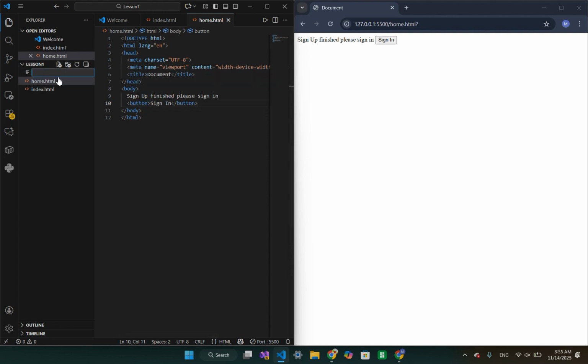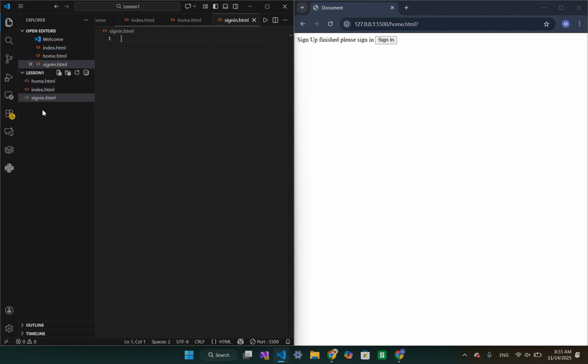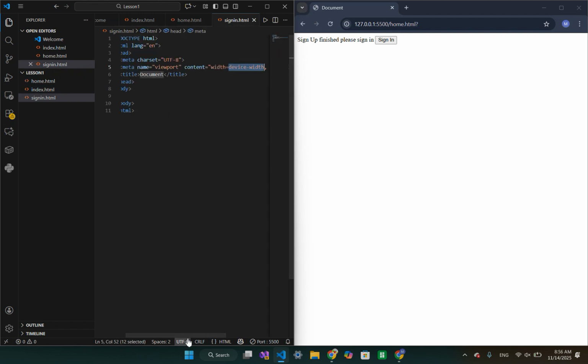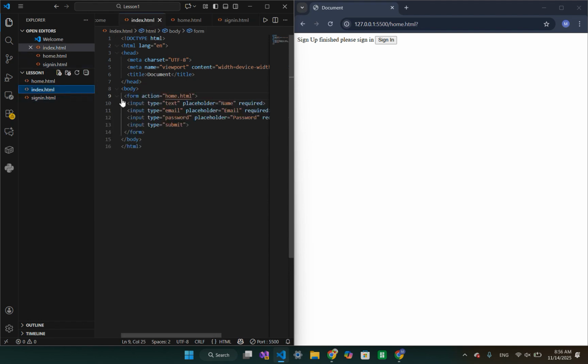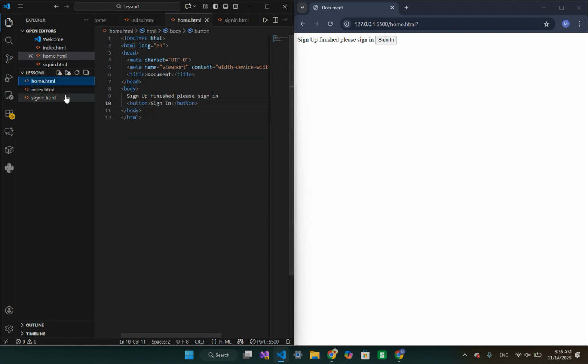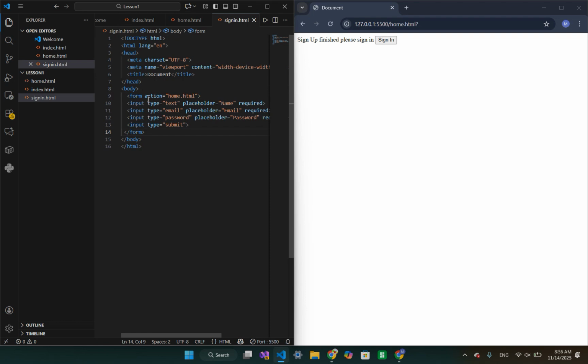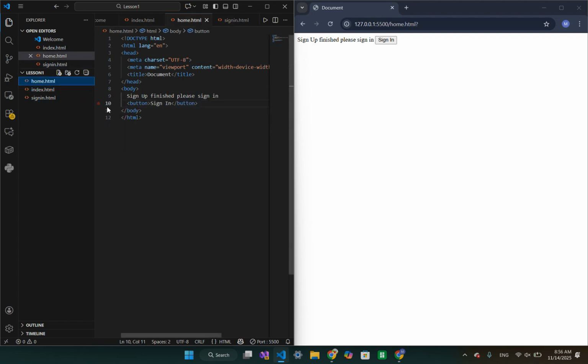And another file, sign in dot html. I'll copy the form here and I will write